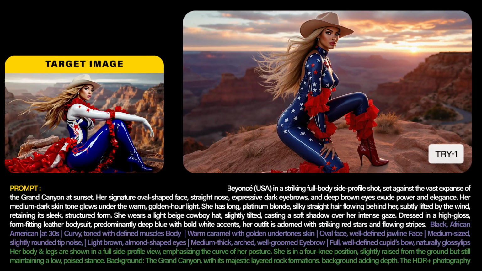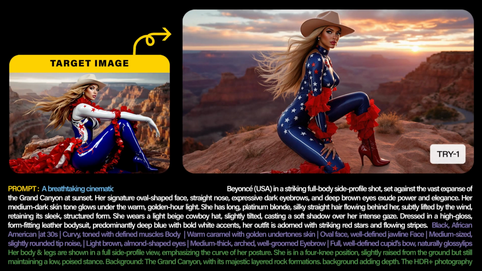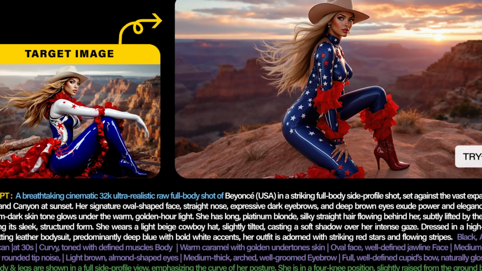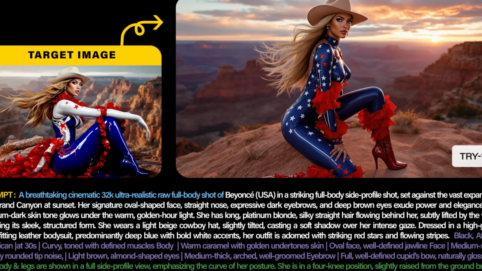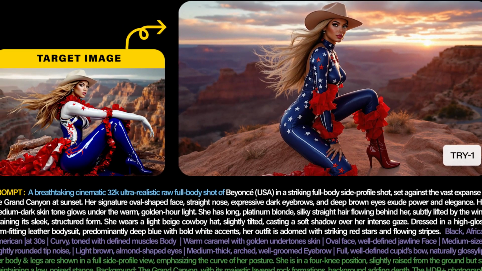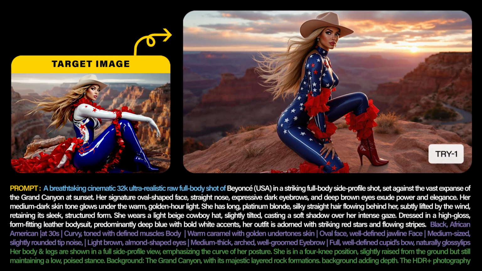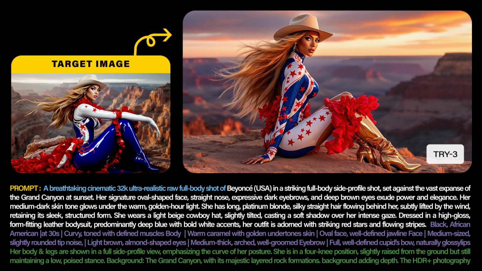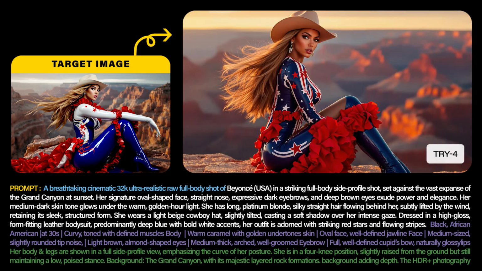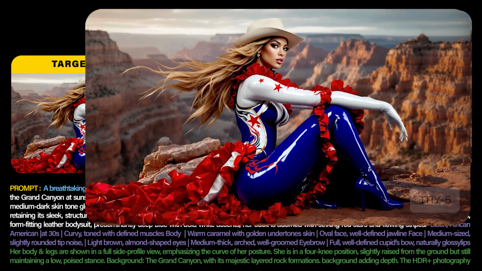And now it's time to unveil the secret structure that I promised before, which combines 32K resolution with raw image at the prompt's start, followed by prompt details in white and purple facial details and the green highlighted prompt enhancers. And as usual, it takes me some retries to get to my target vision. And of course, I use my secret AI weapon to change this image aspect ratio, which guides us to this